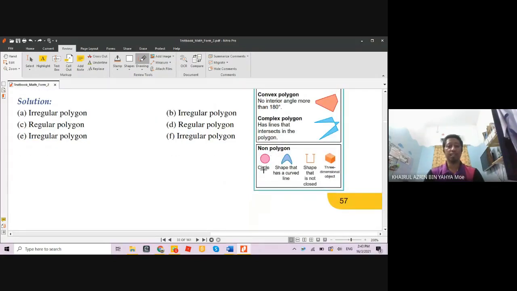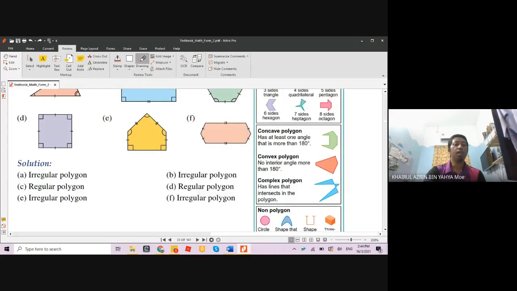Non-polygon. Circle. Circle is not a polygon because no straight line. Shape that has a curved line like this. And this curved line also not a polygon. Like this one. This one is straight line, but not completed here. Not closed. Shape that is not closed. Not connected here. This is also not a polygon. Okay. And then this is a three-dimensional object. We go to